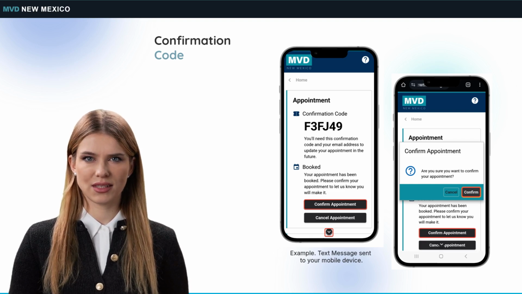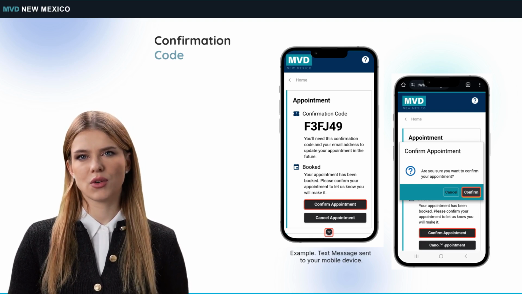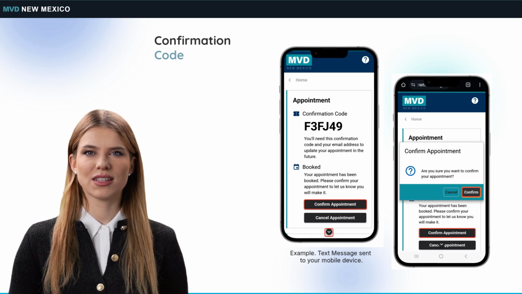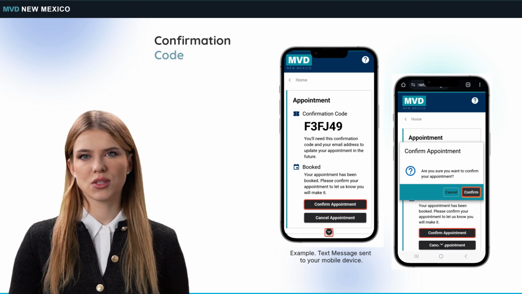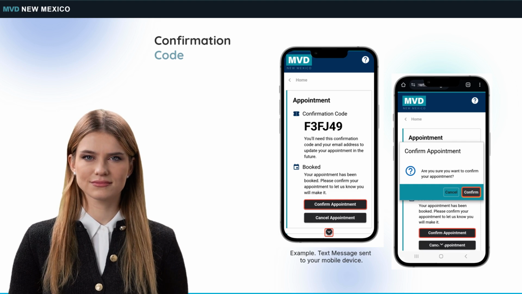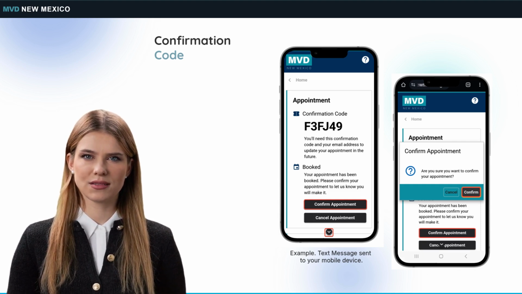After clicking on the embedded link, you will have an opportunity to confirm your appointment. If instead of confirming your appointment, you choose to cancel it, a button to do so is available on this screen. Or you can scroll further down the screen to the Details section to reschedule the appointment.